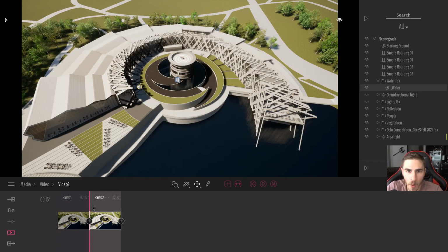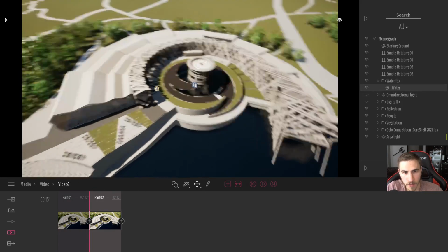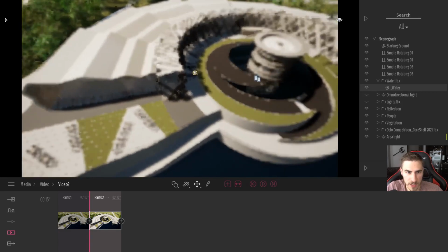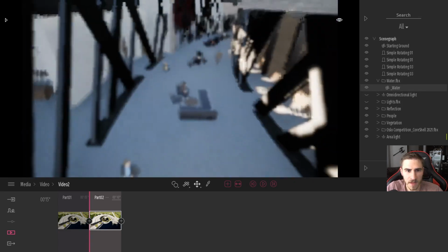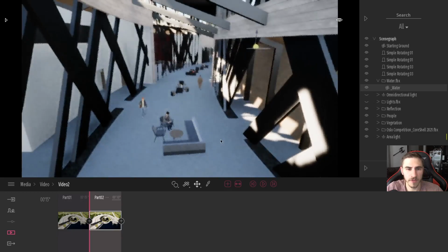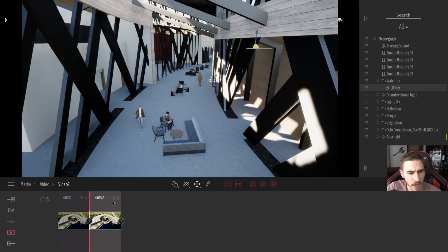So again, we're now in scene 2, and maybe we want to move inside at this point. So I can come all the way in here. Maybe we want to float somewhere here inside. Again, it's based on what I want to see. I'm okay with it here, and I can hit refresh, recapture, and now I can see that I'm inside.